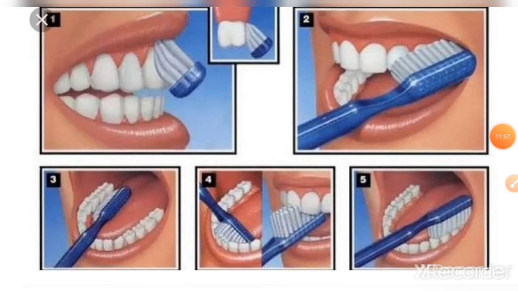Like, brush your teeth at least twice a day, once in the morning and once before going to bed. Use up and down motion to brush teeth. Brush the top teeth downwards and the bottom teeth upward. Brush out the back of the teeth. Brush the flat surface of premolar and molar. Use a tongue cleaner to clean the tongue.